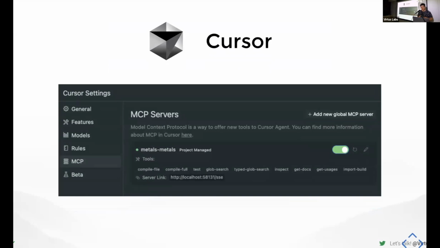It's not yet ideal, especially we had some issues that the MCP server would just disconnect. So we have some workarounds for that to make sure it doesn't happen. Yeah, you'll see all the tools.